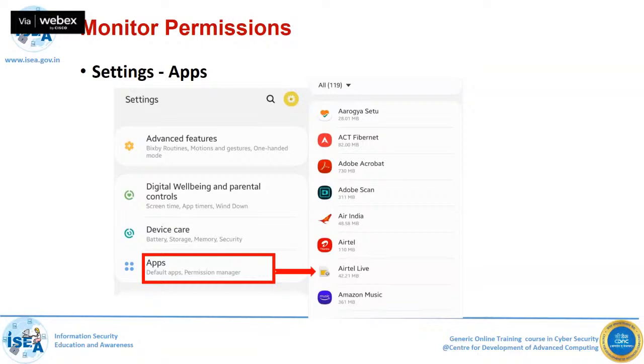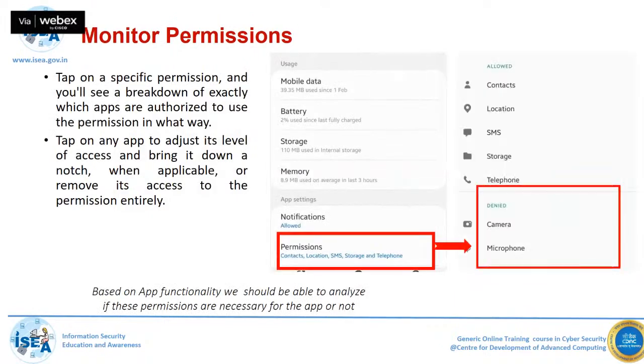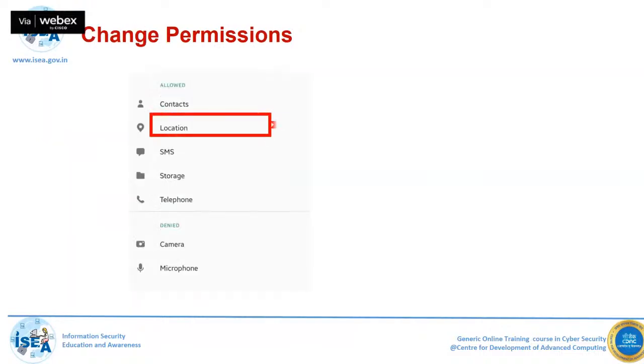By default, all the permissions are available. So the permissions you have to remove, and you have to disable all the permissions. For example, I allowed these things, I denied some of these permissions. In the same way, these options are available now for any permission: allow all the time, allow only while using the app, or deny.